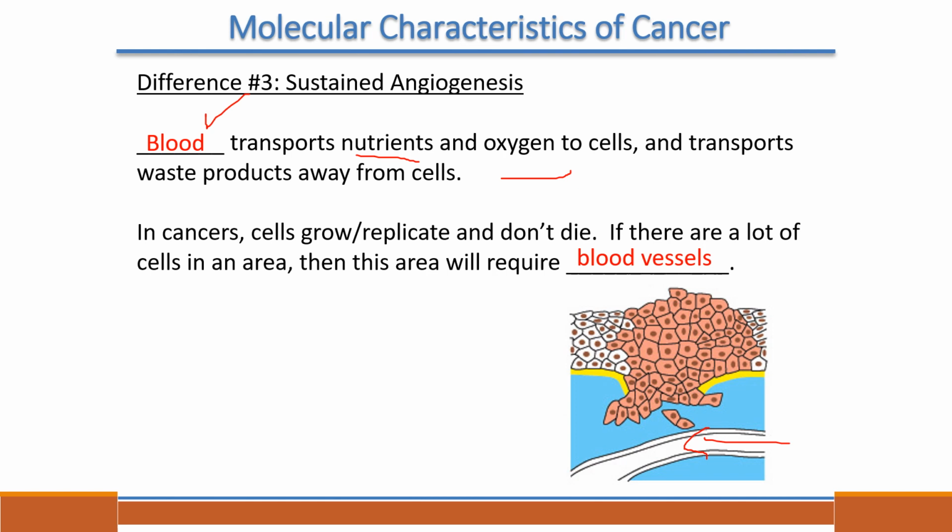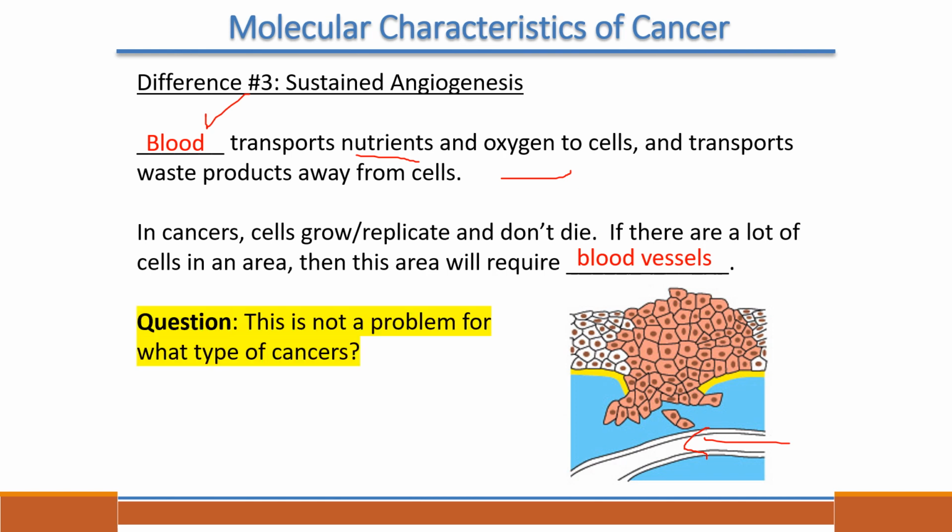And this, as I have said multiple times in the class, can happen in normal tissues. Every time that you cut yourself or you have an injury, you need to repair some of the blood vessels. So it's something that happens in normal tissues and is very important for tissue remodeling. However, here it is put into the wrong context. So